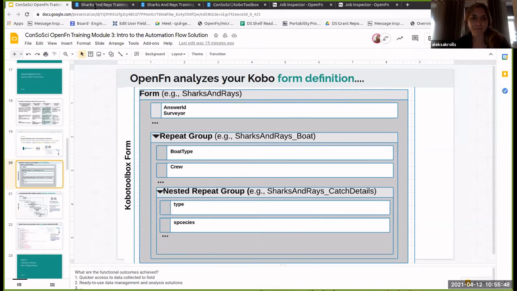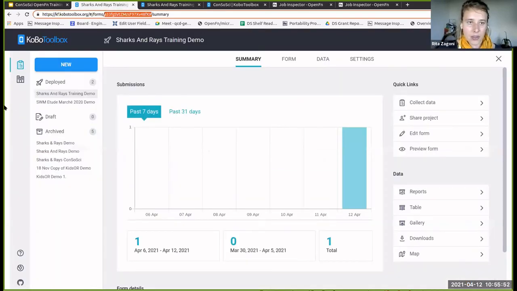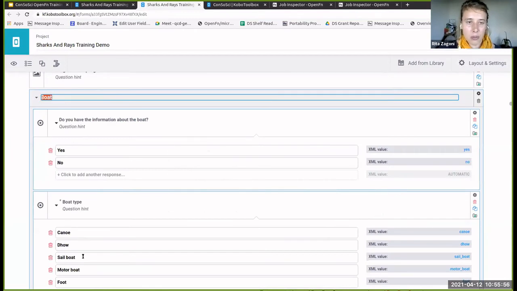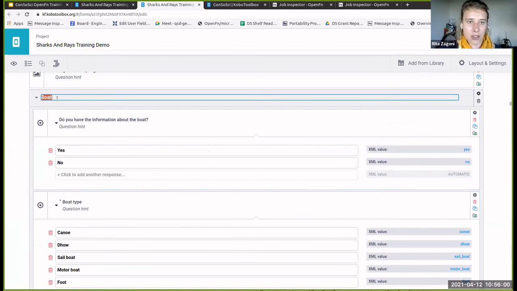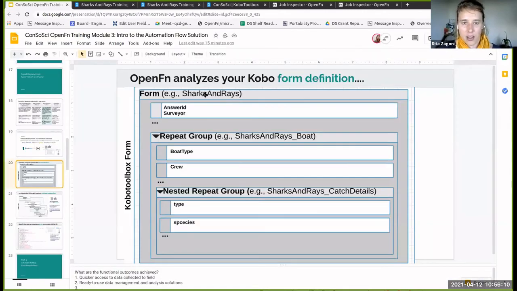So under that, you have the repeat group sections in the form. So for example, in Sharks and Rays, you have a repeat group for both, which is going to be structurally under the main table